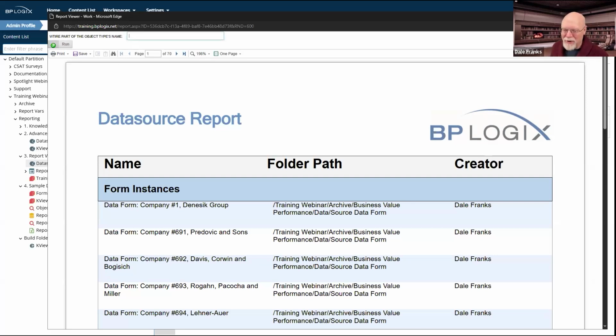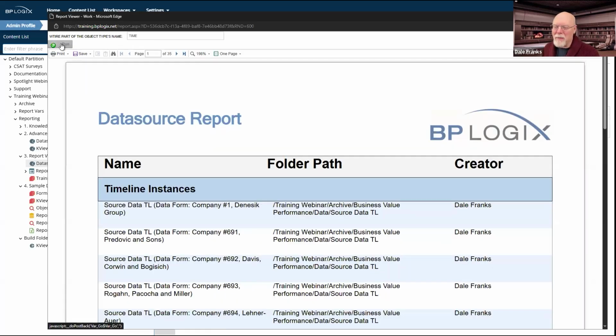So I am going to retire time. And there is a run button. So I'm going to go ahead and hit the run button. And that will regenerate my report. And because I have typed in time, it is now returning timeline instances.